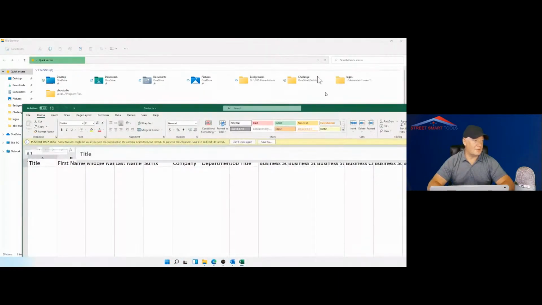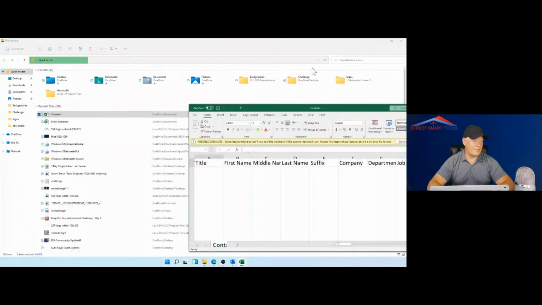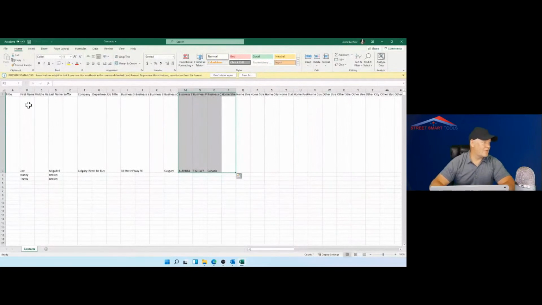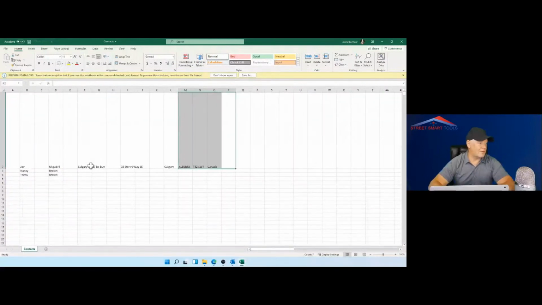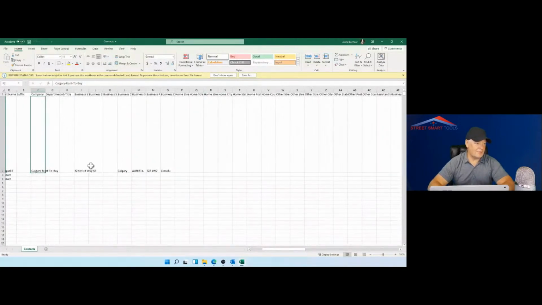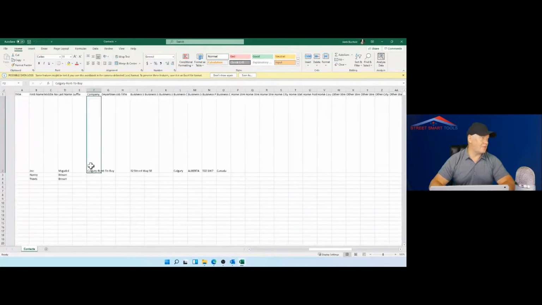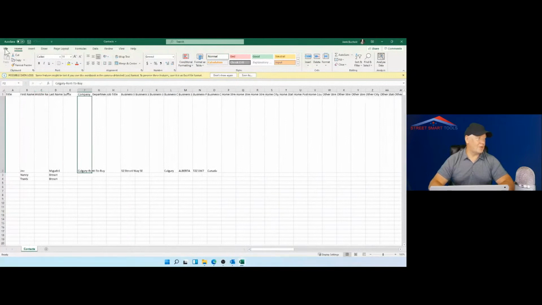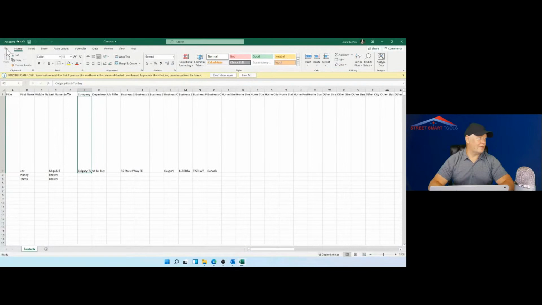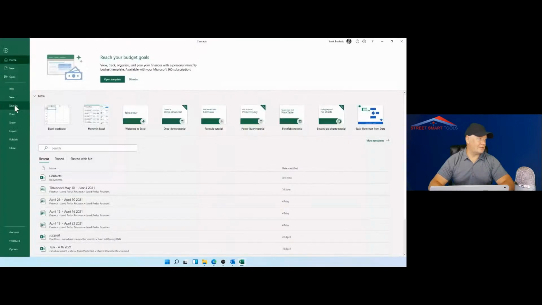I just cut all the database and modified some records. So these are some of the contacts. You see here: title, first name, middle name, last name, and so on. There are a few guys here with changed addresses, different phone numbers which are not legitimate, and different email addresses. So what I'm going to do is, this is File, Save As,